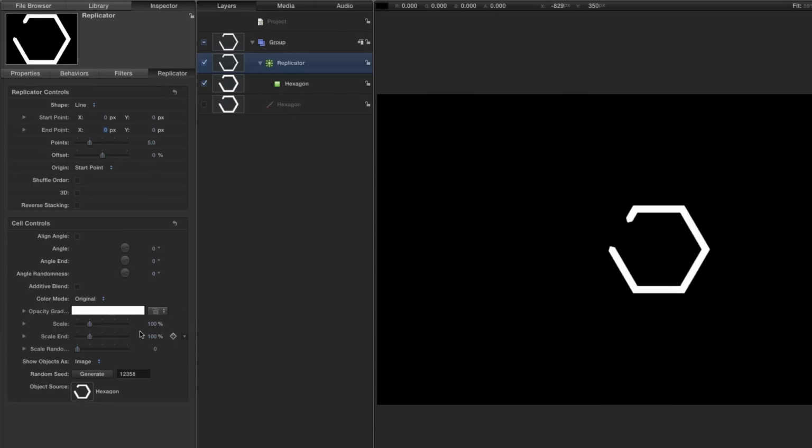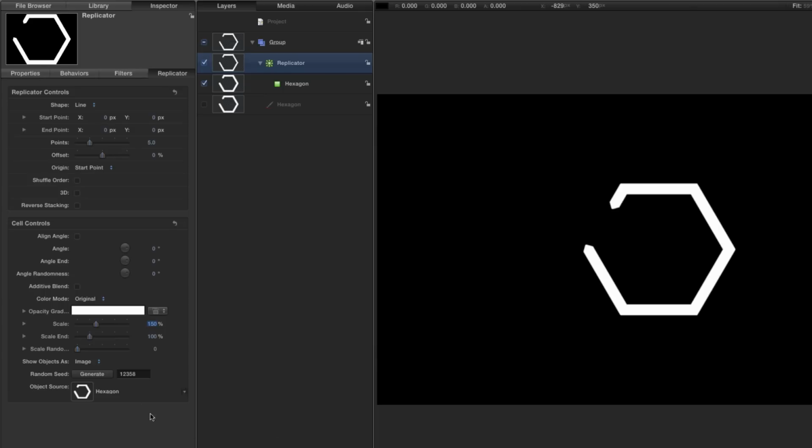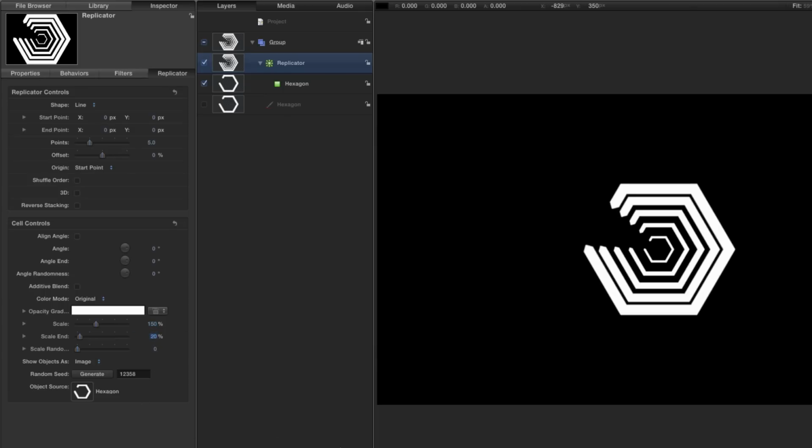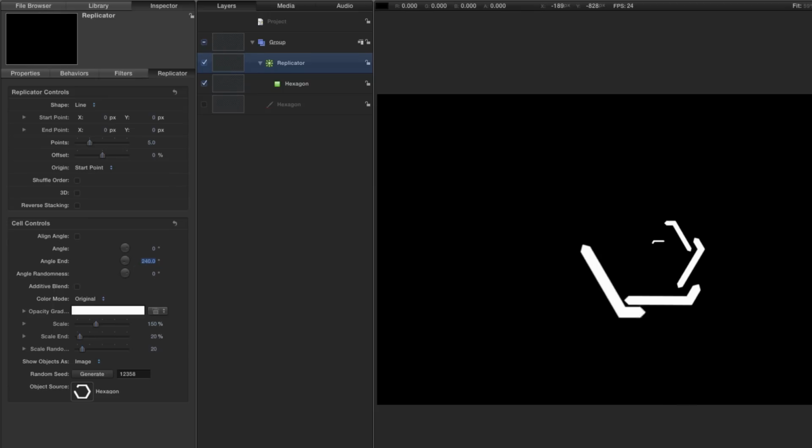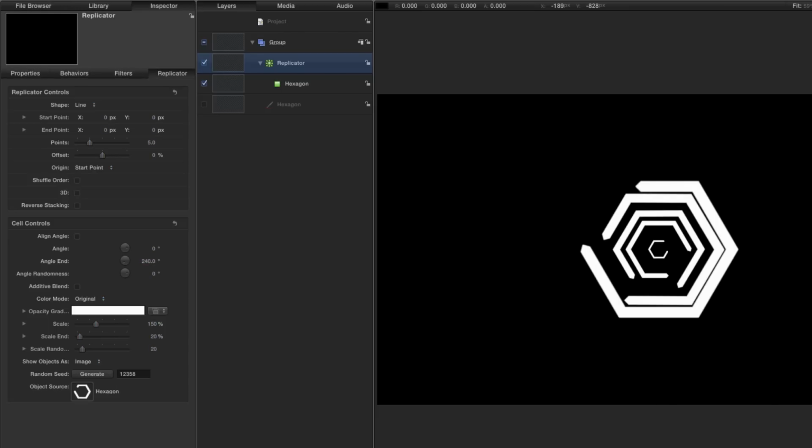And then we'll come down here to the scale, and I want to set that to 150. And I'll set the scale end to 20% and the scale randomness also to 20%. And then I'll come to the angle end here, and I'll set that to 240 degrees. And now if we play that, you'll see we've already got a pretty interesting looking animation.